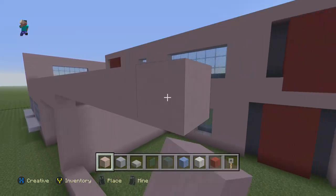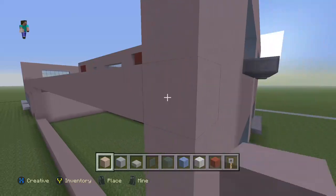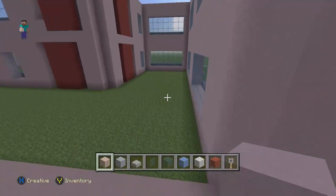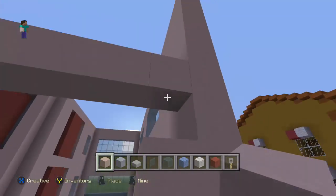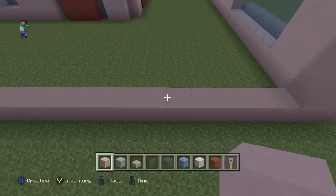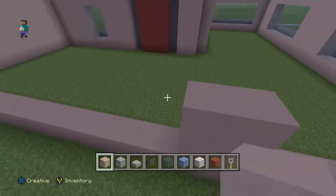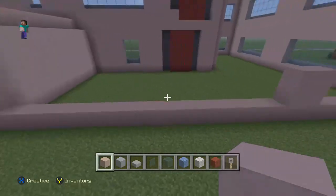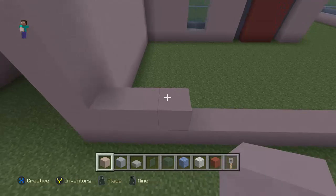Suppose I might as well just pull it across anyway. And we're going to stick like we have over the other side. So we've got 1, 2, 3, 4, 5, 6, 7 column, 1, 2, and then I think on this side we'll actually leave the window for the 4 blocks